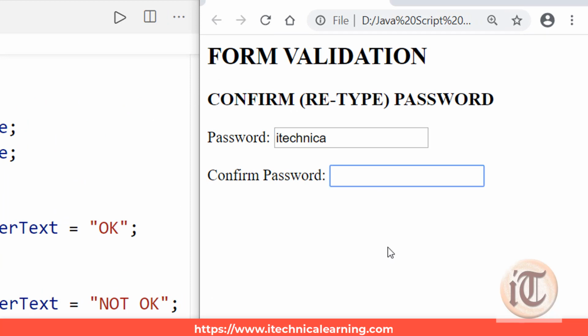Okay, and now if I come inside the confirm password field and I type "i", you can see it is displaying "not okay", and it will display "not okay" till our password and confirm password fields match. So I will say iTechnica. As and when these two fields contain the same value, you can see iTechnica, it will print the message,